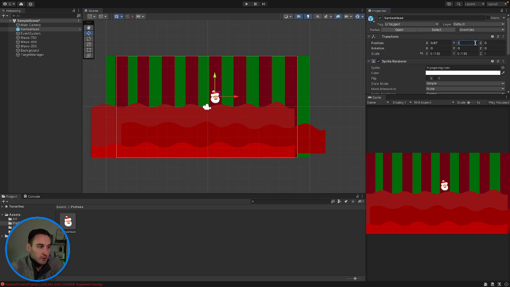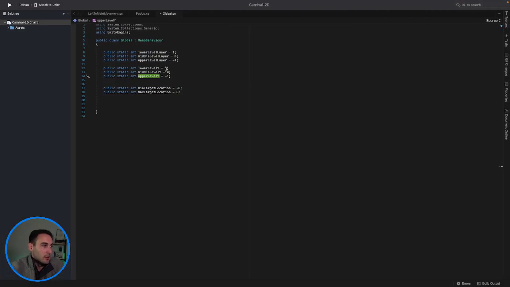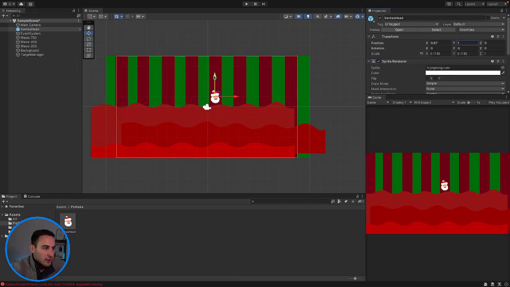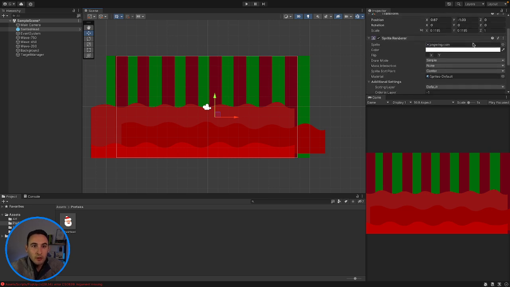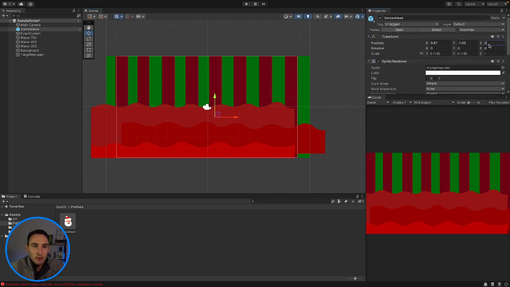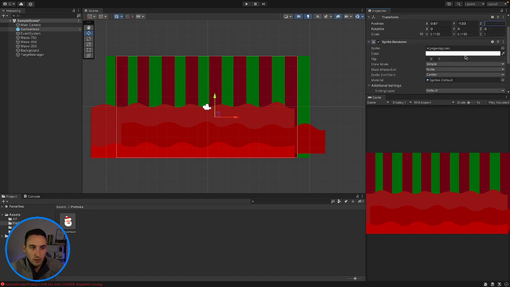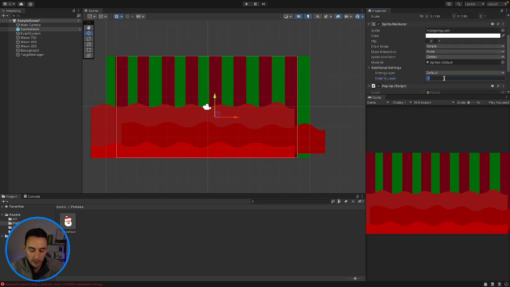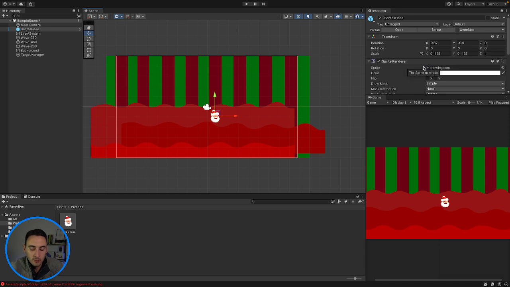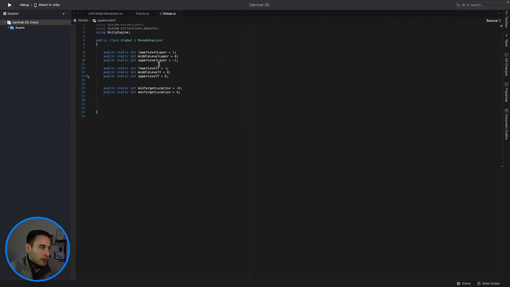Yeah, so we'll set that as 1. Our mid level, let's change this quick. Order in layer there is going to be at 1. So this needs to be probably somewhere around minus 0.9,